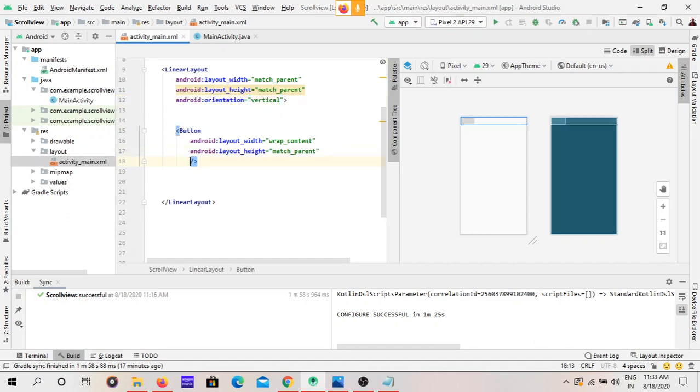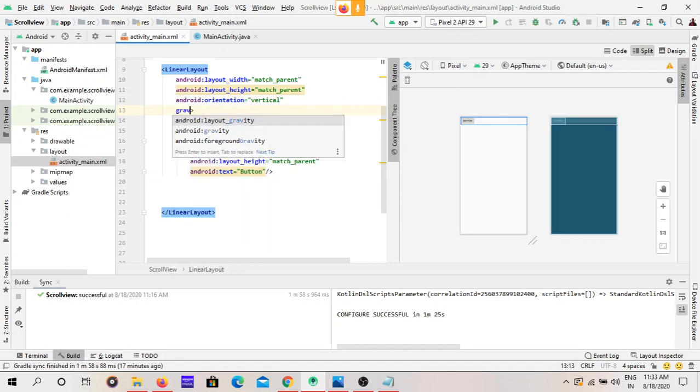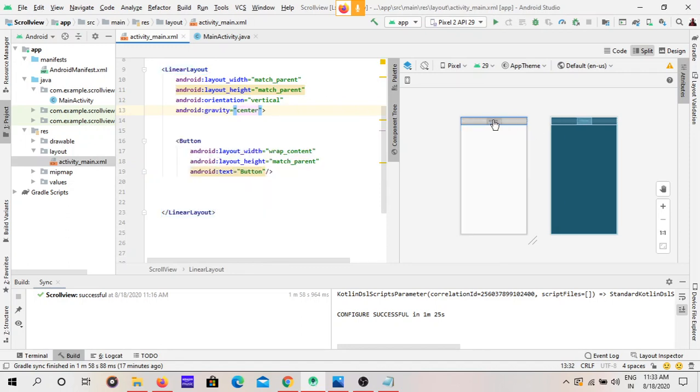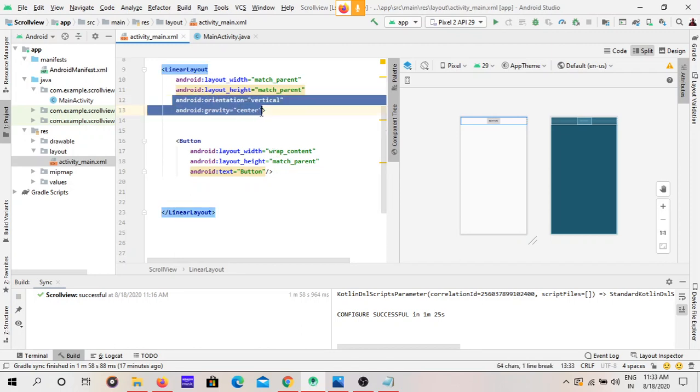Okay, give the text to the button, and give the gravity as center. See, now the button is in the center. For these two components you can watch the previous videos, where they are already discussed.